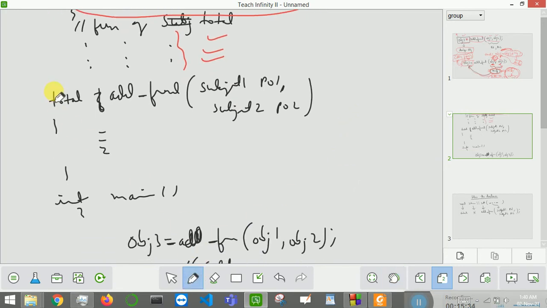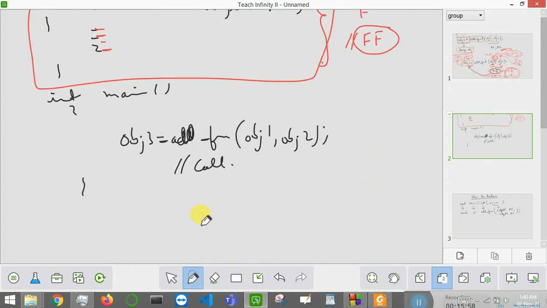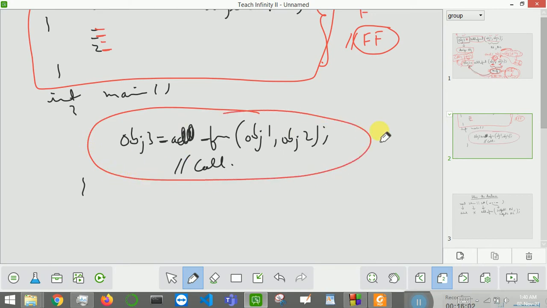After that comes the important part. You will define your friend function. After all the classes, class 1, then the functions of class 2, then the functions of class 3, then you will write the friend function. So here you will define your friend function. We will see later how to define that friend function. Next comes your main function. Inside the main function you will call it like this. So these are the steps that you need to follow.